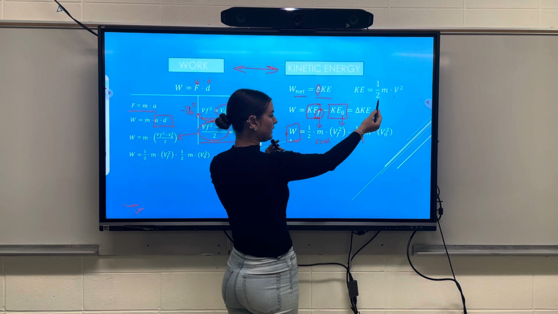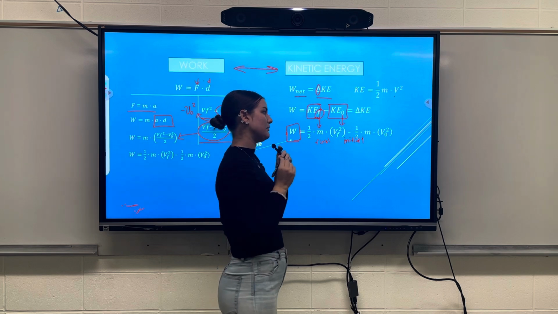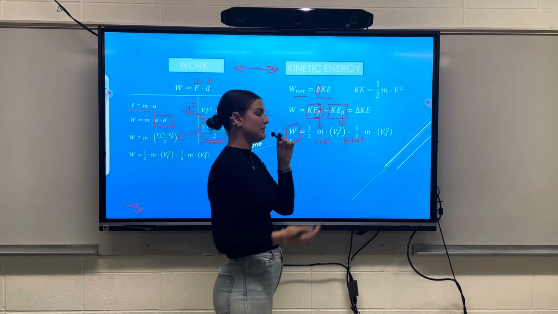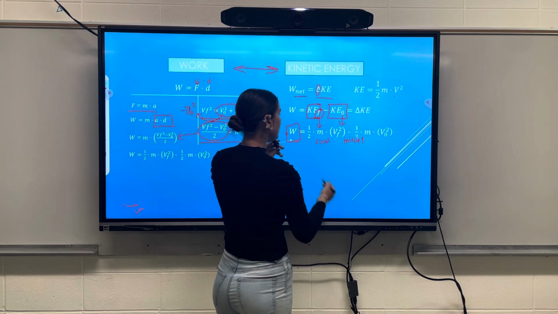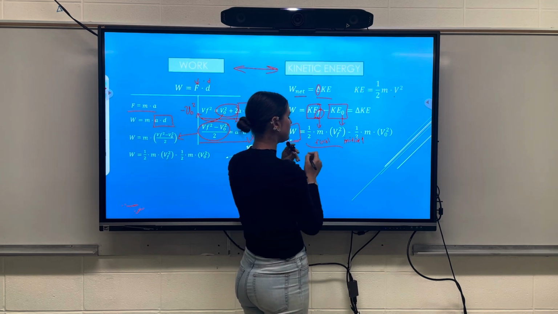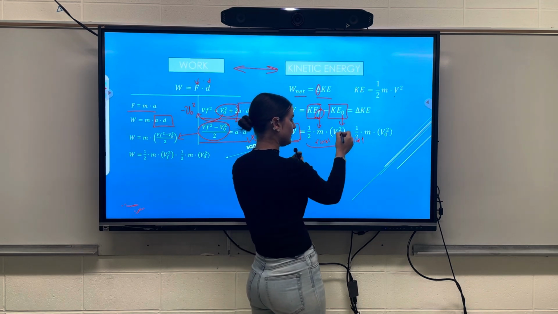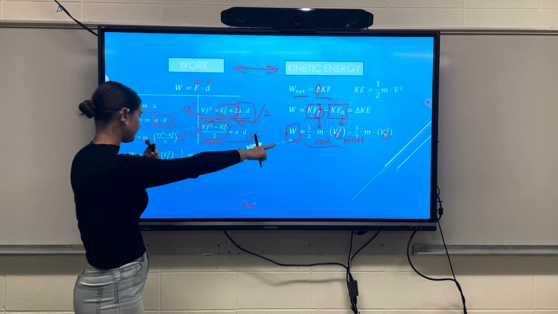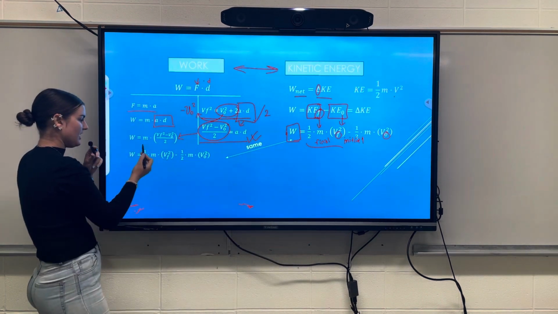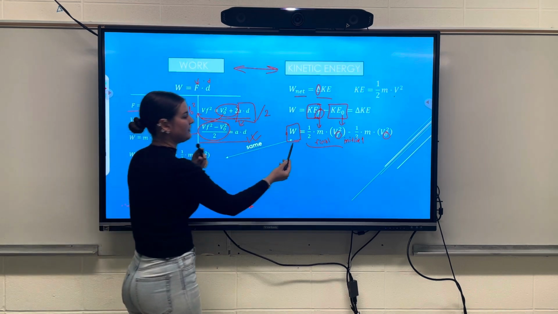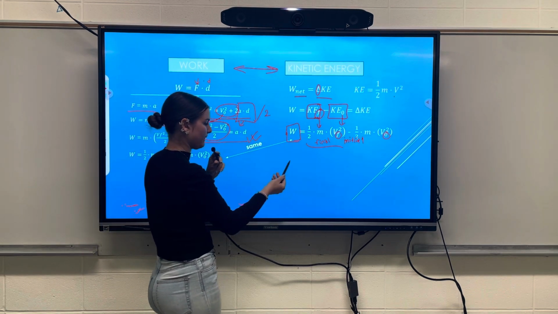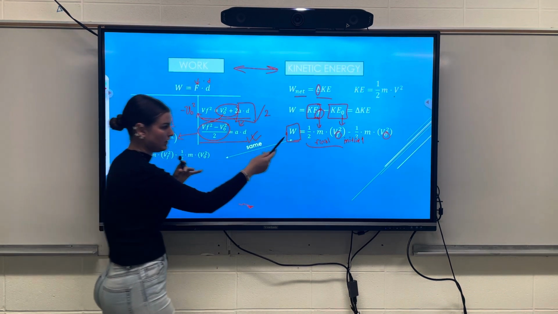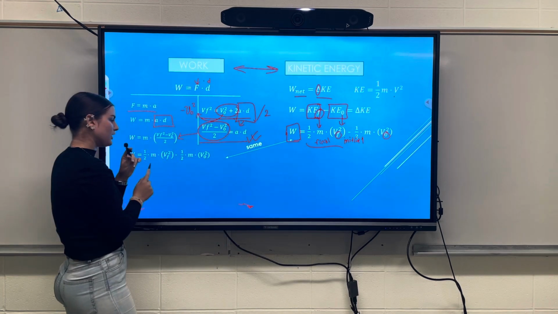So since we know that kinetic energy is 1 over 2 times m times v squared, mass times velocity, we can say final velocity over here, and we can say initial velocity. Okay, we have that, that shape of the formula. Now we wanted to make it